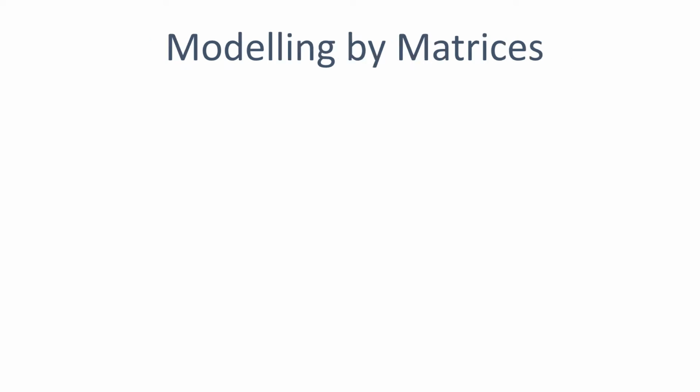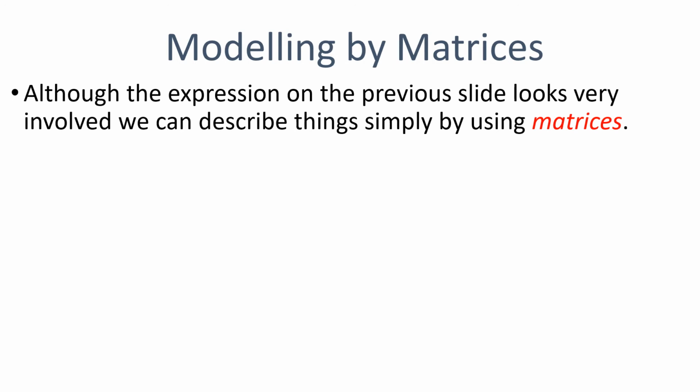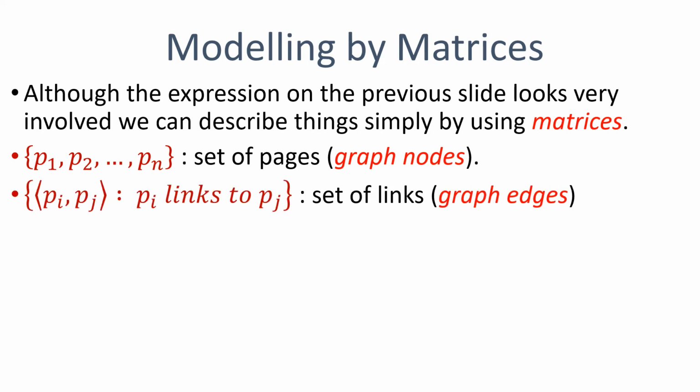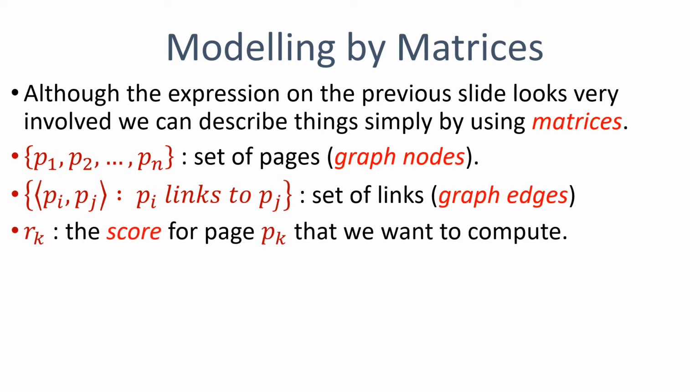So how do we try and model this by matrices? We can actually do this despite the fact that the expression on the previous slide looks very involved. It turns out we can model things by matrices in a fairly straightforward manner. We have our set of pages, our set of graph nodes. We have the set of links in that structure, so the set of pages that link to another page. We're trying to compute a score vector, the score to assign